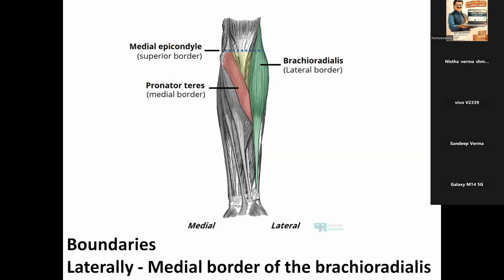Cubital fossa. Okay. Now you see this is a lateral side. Lateral means where our thumb is. Medial means where our little finger is. ठीक है? तो you try to understand this. Laterally it is bounded by the brachioradialis. Medial it is bounded by the pronator teres. तो ये जो हॉलो एरिया है, ये जो ट्रायंगल बन रहा है, दैट इज अवर क्यूबाइटल फोसा। तब ये समझिए कि लेटरली उसके है ब्रेकियोरेडियालिस, मीडियली उसके है प्रोनेटर टेरिस।